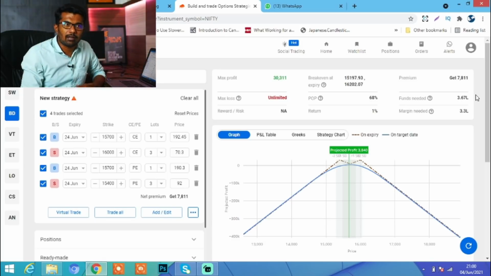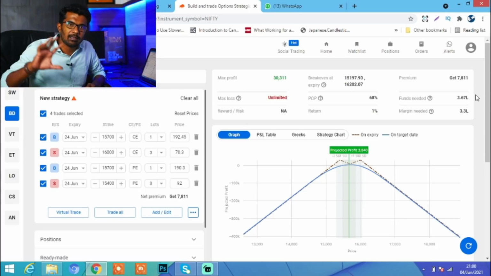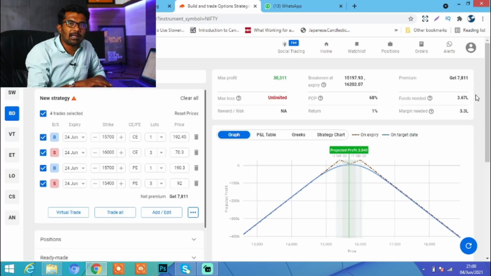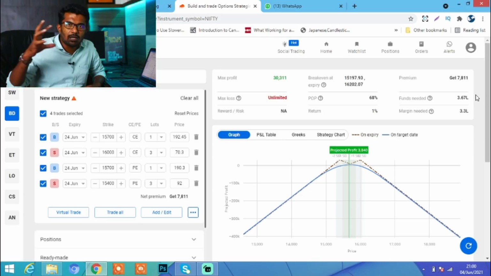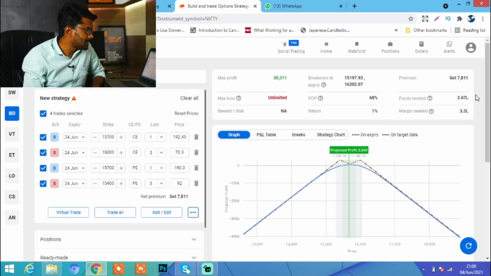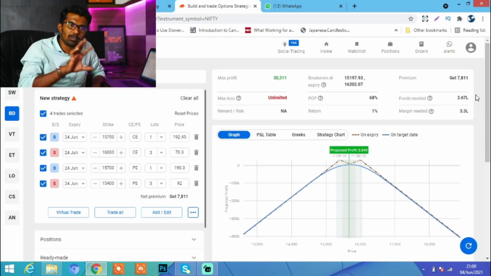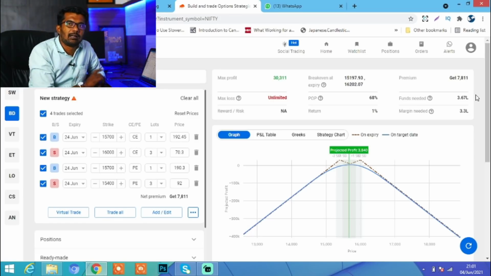And on the put side, you don't have to worry, because you are not going to make any loss. If the market goes up, the out of the money put which you have sold is going to give you a profit, and the call and the put, it will be in the loss, but it will be compensated by the out of the money put which you have sold, right? So that side, put side, you can square off the position. Both buy and sell, you can square off the position. You are not going to be in loss, and you can book profit in the at the money call which you have sold, which is in the money.